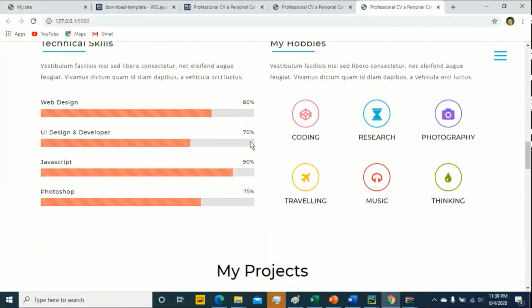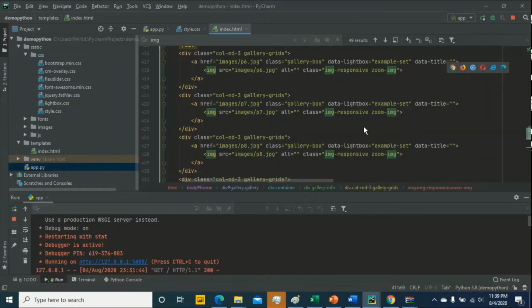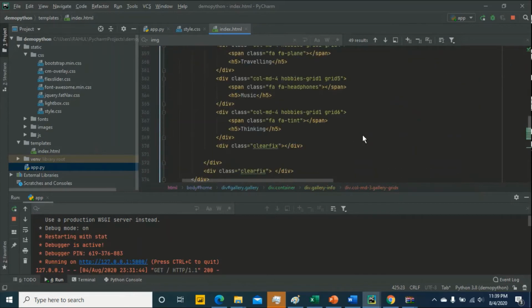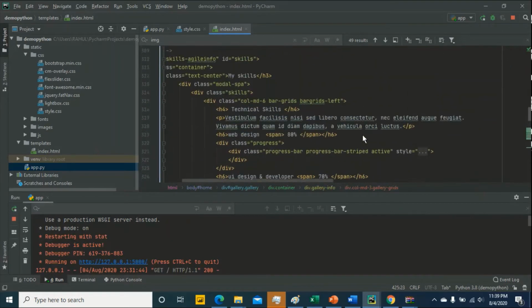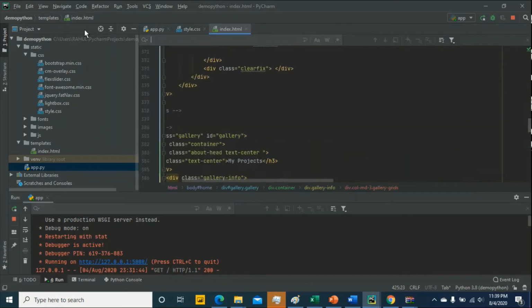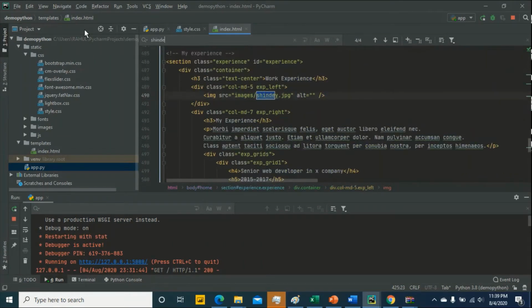Okay, then next thing is one image file also remaining. Just I will show you. Yes, here images shinde.jpg. Then click on here. Same process URL for just open and curly braces and here so same. Then enter URL for